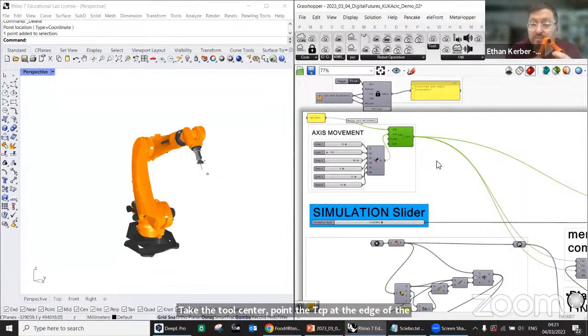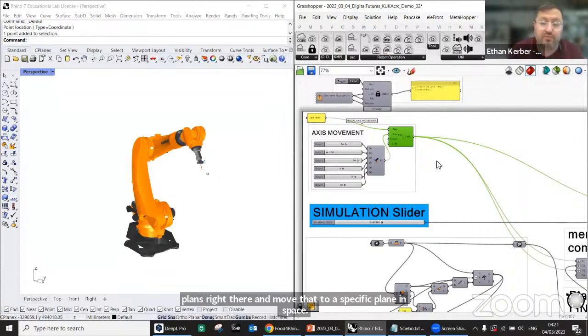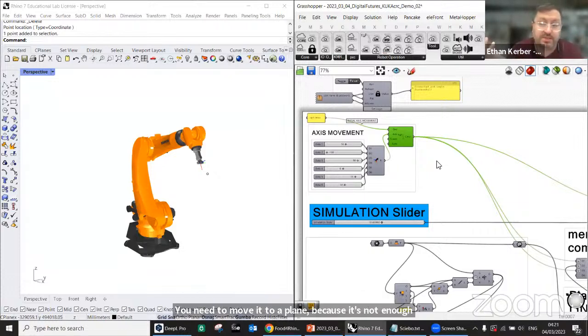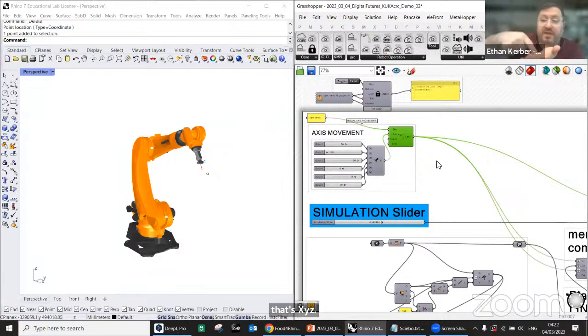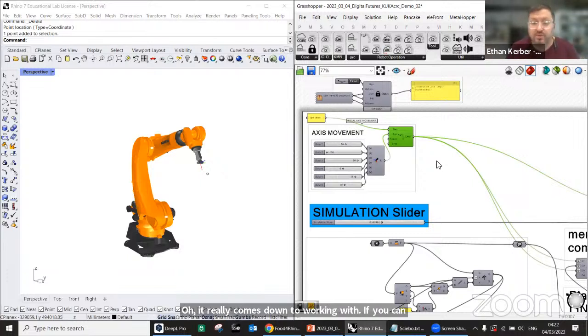You need to move it to a plane because it's not enough to move a robot to a point, because a point is just X, Y, and Z, whereas a plane is X, Y, Z, A, B, C. So if a robot's moving here, that's X, Y, Z, but here is the same X, Y, Z, but with a different A, B, C. So it really comes down to working with planes. If you can create planes, then you could push a robot through those planes and do a lot of interesting things with it. So I want to get started first off talking about cloud remote control